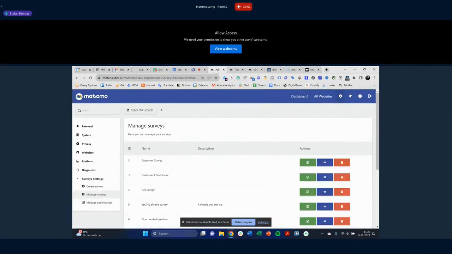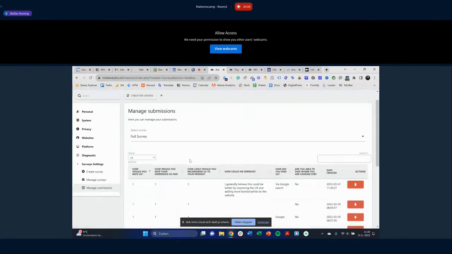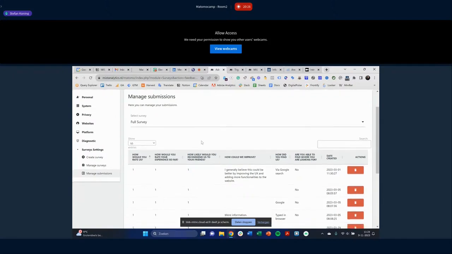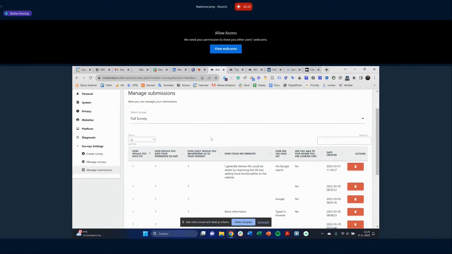And furthermore, we have some functionalities regarding the management of submissions. This is also part of the settings area. We added this because I just mentioned that we prefer to hide email addresses and those kinds of perhaps sensitive data that could get in there via text areas or text fields, but it depends on what users fill in. But in case there is some data in there that unfortunately came into your data set, then you are able to delete